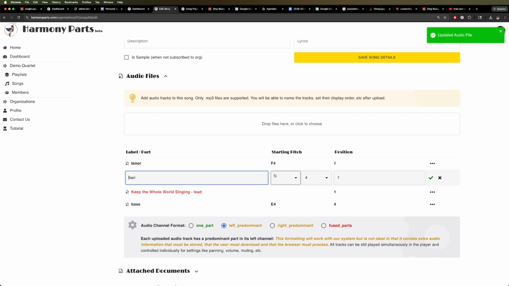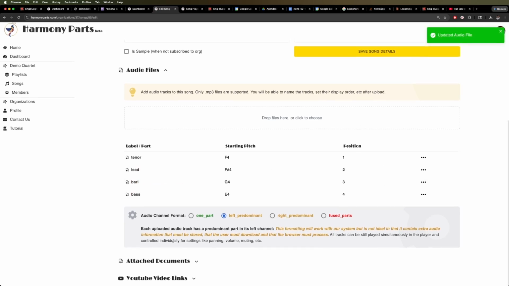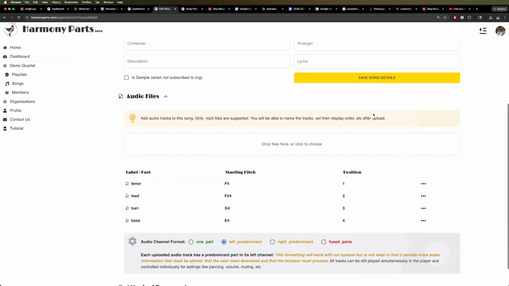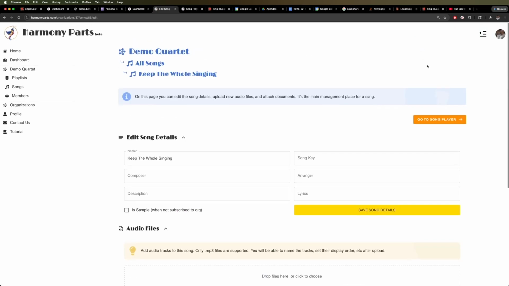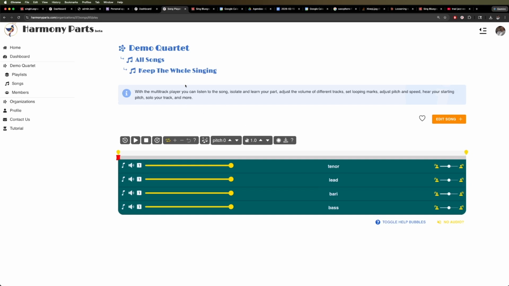Clear tone, maybe make this one some pitch and order 3. All right, we'll look at the attached documents after we save this. So these should all be saved as is at this point. So we can go to the song player. So this is the song we just made in our demo quartet called Keep the Whole World Singing. And you can see there's no documents or anything down here. And if we play it,